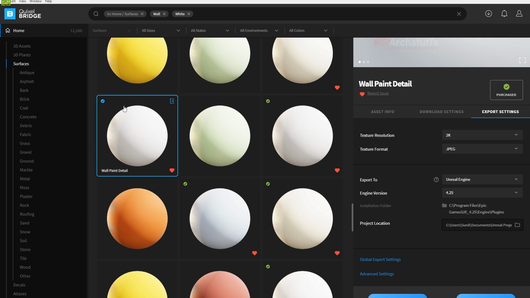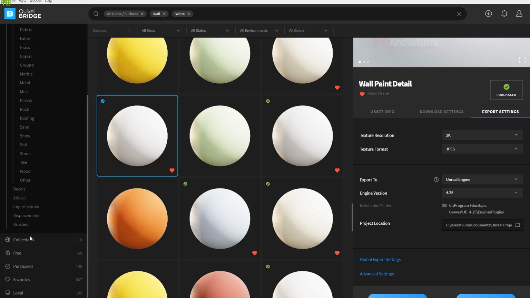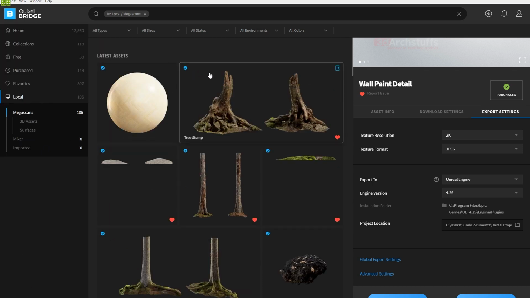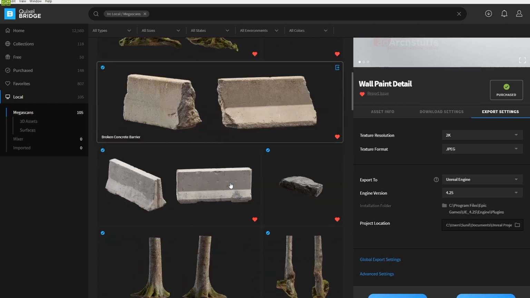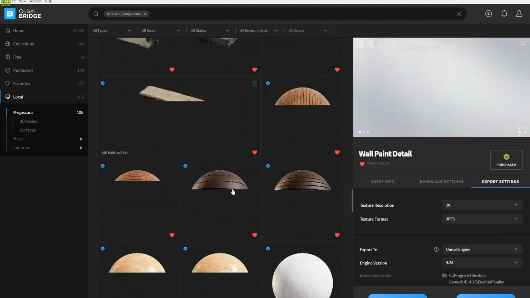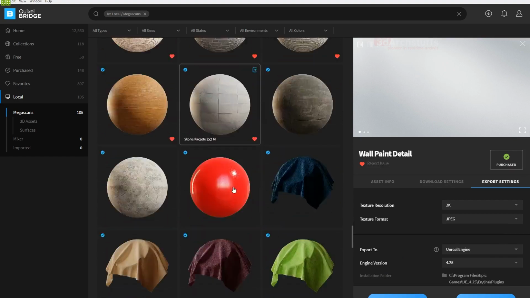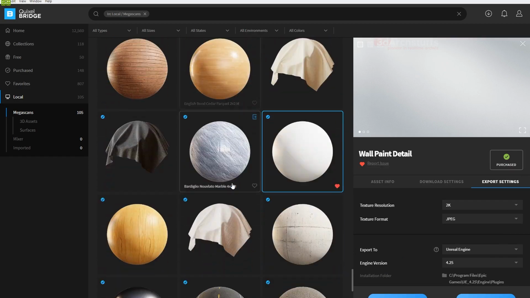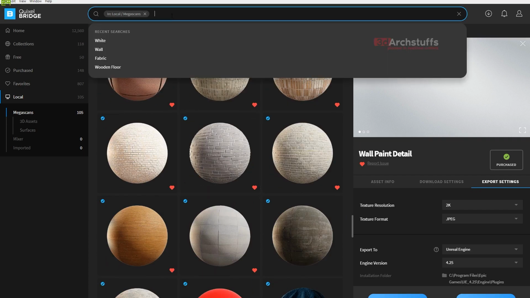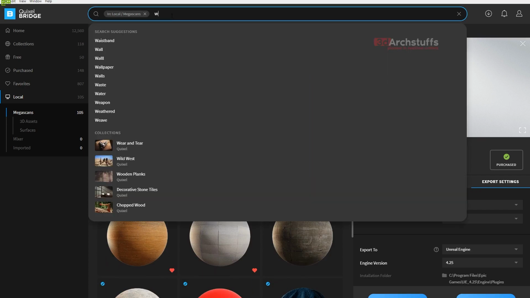And you can also find this already blue, all this color in that blue color, that means they're already on the local hard disk. So if you click here, local, all these objects are there. I have already downloaded them for my library, so that I can just drag and drop and work even faster. So just go ahead and then wall, white wall,